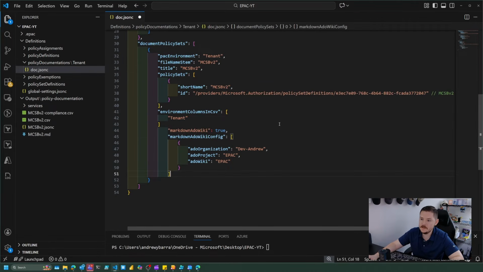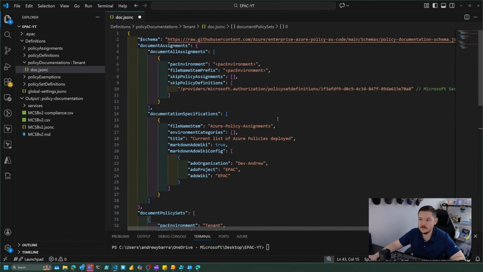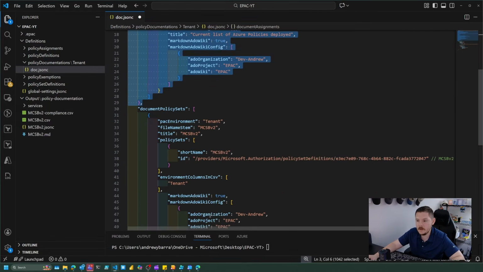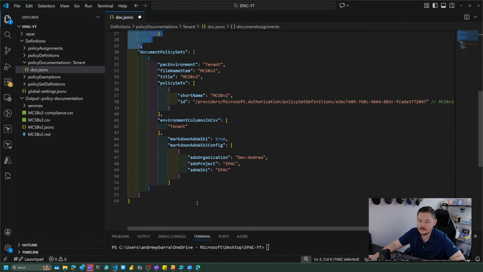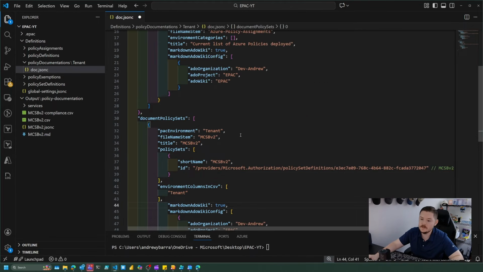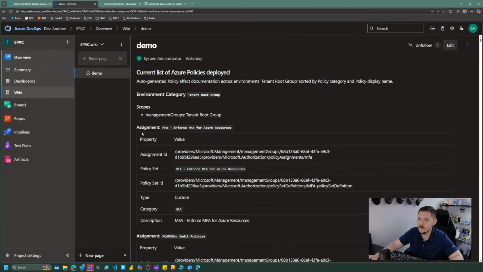And the reason for this is because it's going to cover different use cases to where some people might be documenting policy assignments, some people might only be documenting policy sets. Whatever your use case is, it's typically best practice to have it set for both in case you're going to be pushing it. But let's say you might end up having quite a bit of different files or different sections within here. There is actually a global